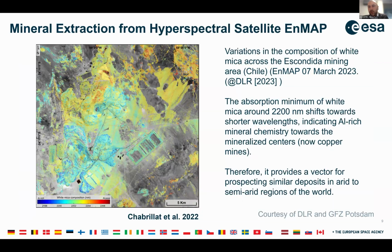And I'll show you some examples based on missions which are already flying, imaging spectrometers which are already flying. Here is an example from EnMAP, from DLR, launched in 2022. It's just an example of a site in Chile, where they managed to map the alteration minerals, and I think this is white mica specifically, and the position of the minimum of the absorption of white mica in order to identify aluminum-rich and aluminum-poor